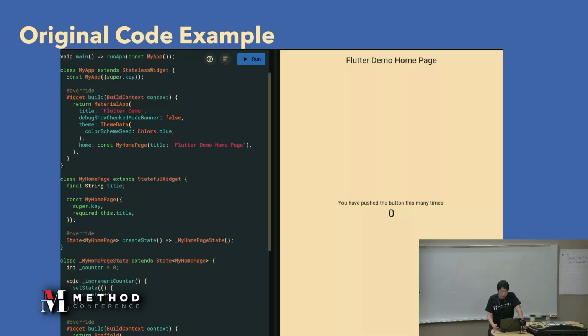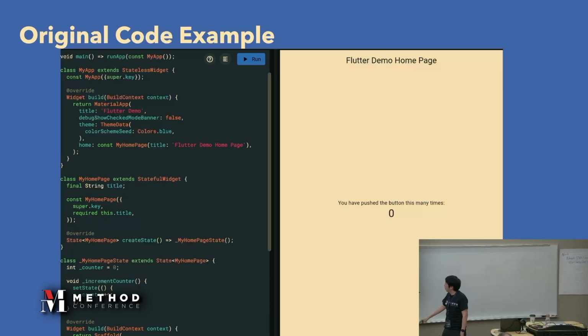Okay, here is the original code example. It's a counter app, as I explained. How can we create the test code for this app? There are some test cases for this app. By just pushing the plus button, the counter must be incremented.